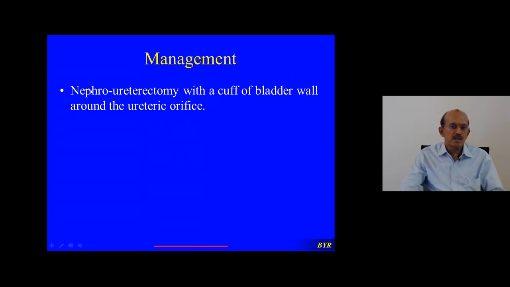Even after doing nephroureterectomy, later patients may come to you with bladder metastasis. That is why whenever you do surgery for the upper tract transitional carcinoma, you must always advise the patient to come for cystoscopy examination of the bladder once in every 6 months. That's very, very important. By that, you can identify tumors in the bladder at an early stage. So 40% of the lesions can be associated with bladder tumors, either synchronously or metachronously.